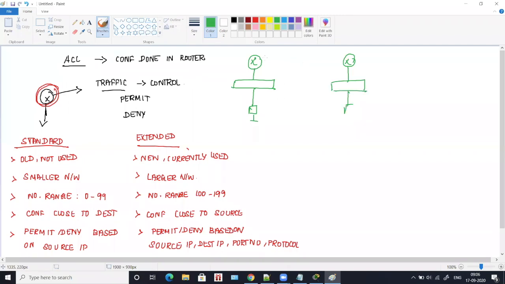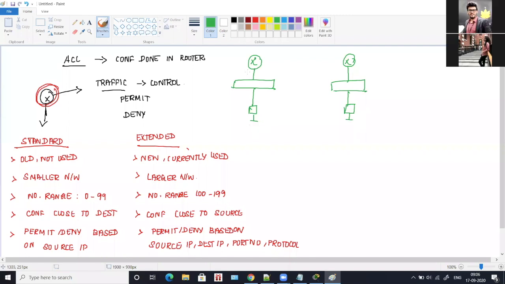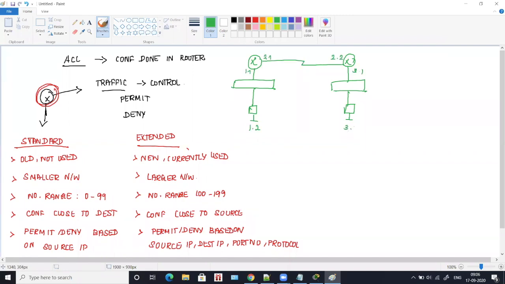Say this is 1.2, this is 1.1, this is 2.1, this is 2.2, 3.1, and this is 3.2. Now let's consider that this is our computer. We are here, which means we are the source, and we call this our LAN.